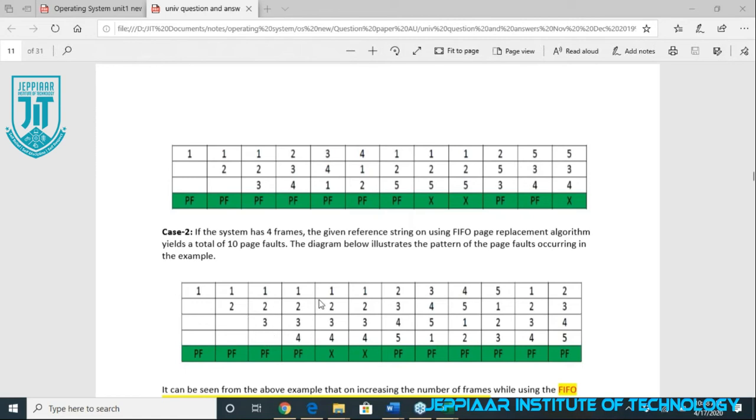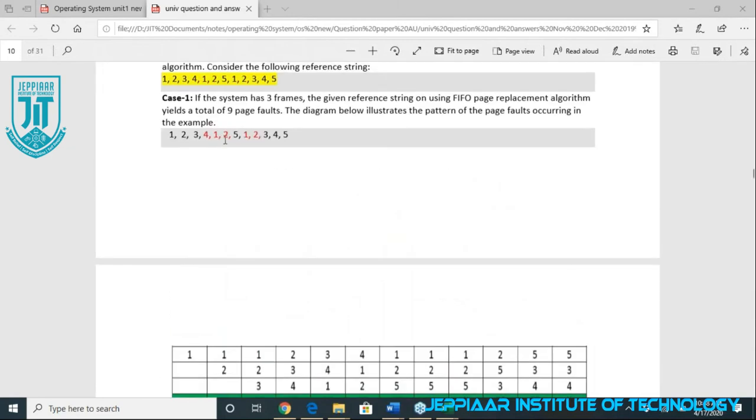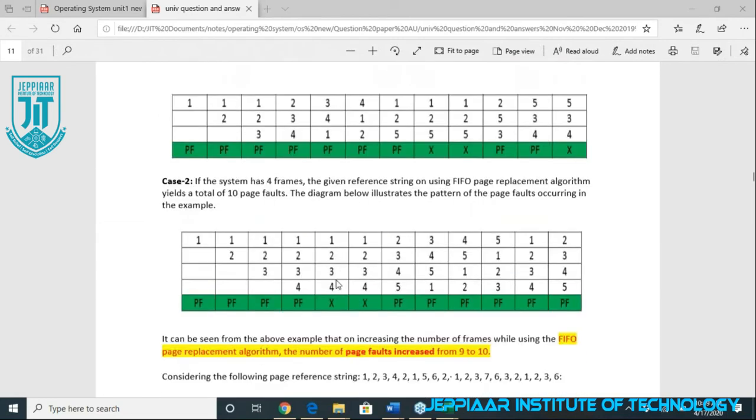Page fault. Next we are going to read 4. 4 is not available in main memory, so we add it because we have space, so we don't need to go for replacement. In the earlier case we had gone for replacement; here we have room, so we have not replaced. After 4 we got 1 and 2. 1 is available, so hit. 2 is available, it is a hit.